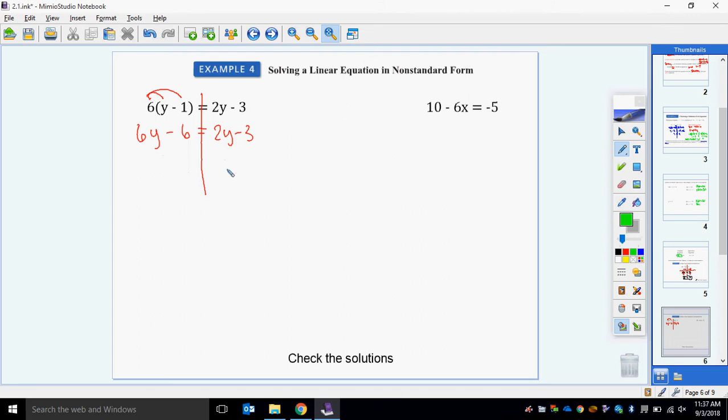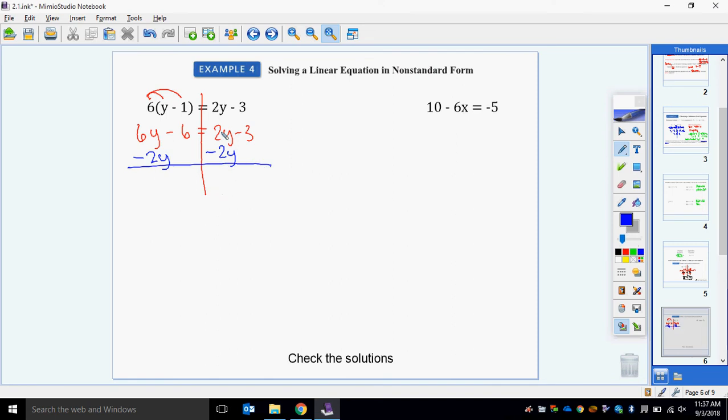Deciding which way to move your y's, I always look at where could I move the y so that it stays positive. For instance, I could move the y's over to the right side, but that would mean I'd have to subtract 6y. Well, if I subtract 6y, then I'm going to get -4y over here, and I don't really want a negative. I could do it and it would work out, but I'd prefer not to use negatives. So let's move the y's to the left side, because I know that if I subtract 2y here and on